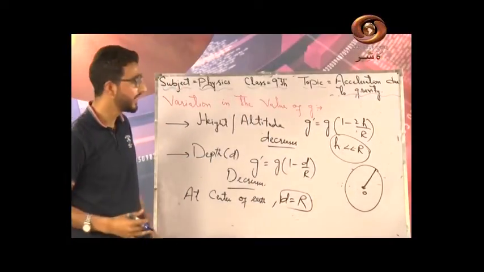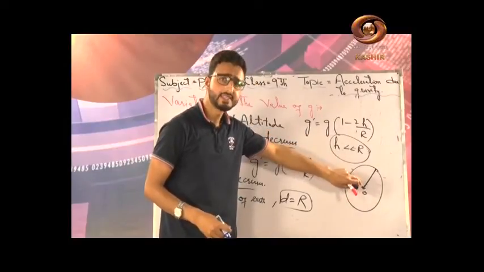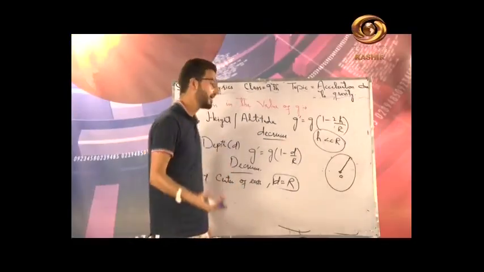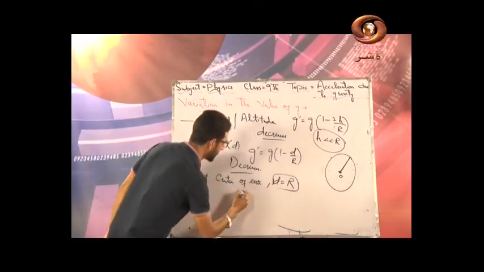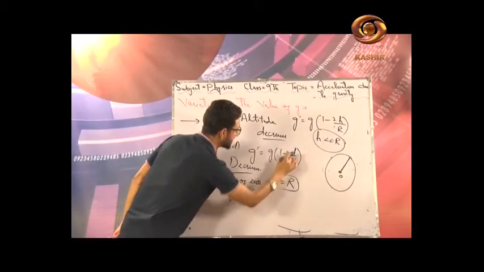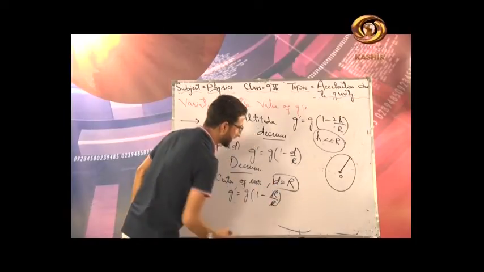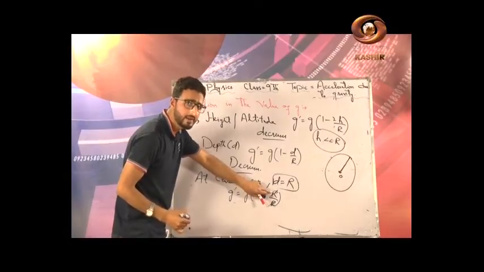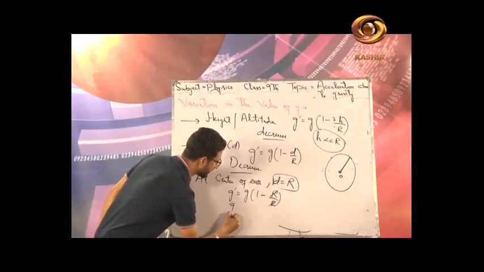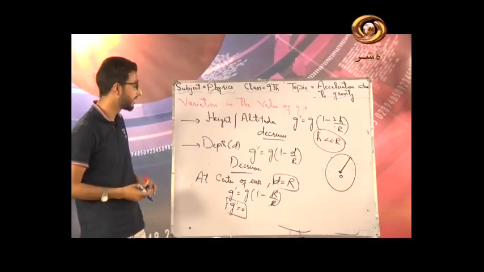आपको बात समझ आ रही है ना, when we go deep into the surface of earth and reach the center of earth, at this very point this depth is basically equal to the radius of the earth. So I can write it here, g prime is equal to g into 1 minus d, d के बदले क्या लिखूंगा, r divided by r. r और r कैंसल हो जाएगा, यहाँ पे 1 रहता है. So 1 minus 1 is equal to 0, 0 into something is 0, so g prime is equal to 0।